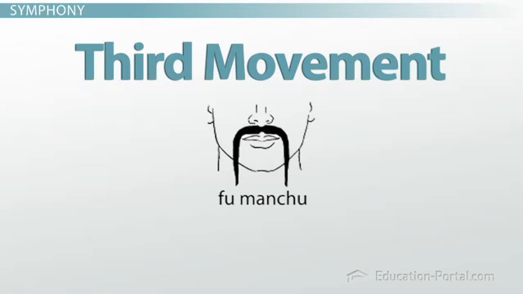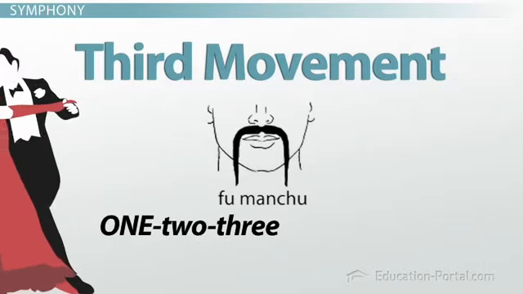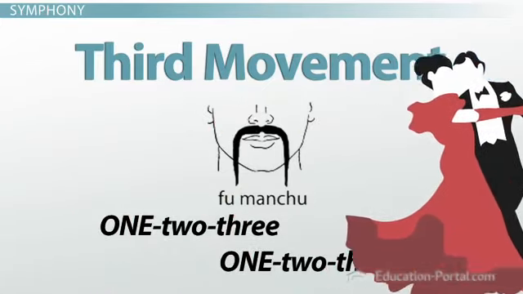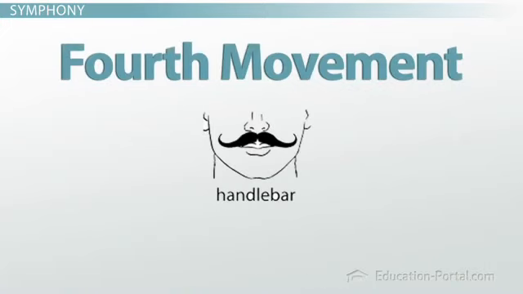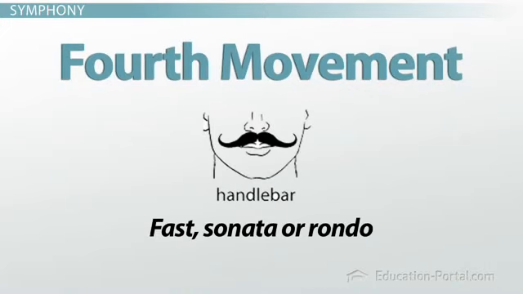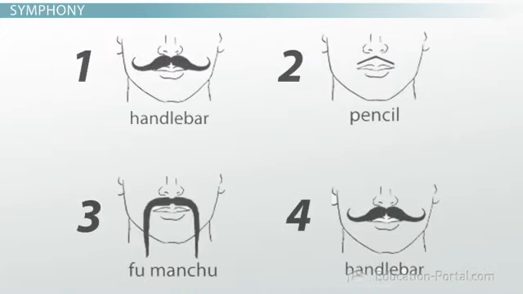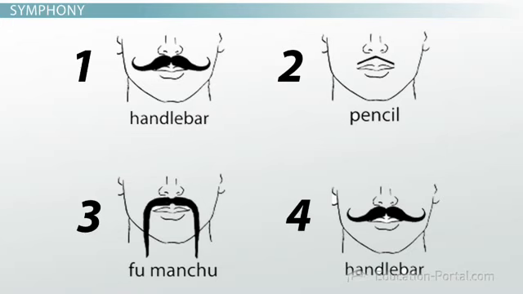The third movement picks up the pace a bit with a medium tempo. It is generally connected with dance and has triple meter, with 3 beats per measure like a waltz. 1, 2, 3, 1, 2, 3. Finally, the fourth movement brings back the vitality with a fast sonata or rondo. The combination of fast and slow movements and a variety of forms creates a very powerful work with loads of expression for the composer to show.